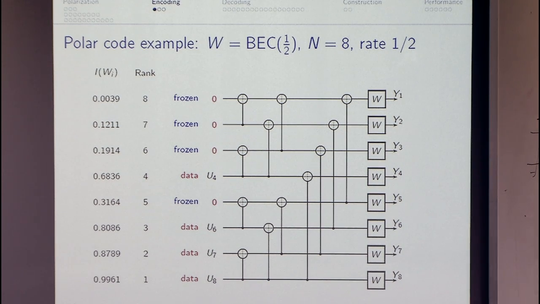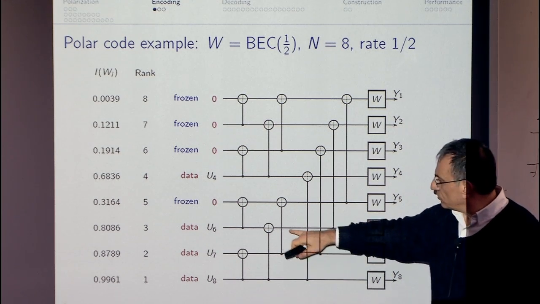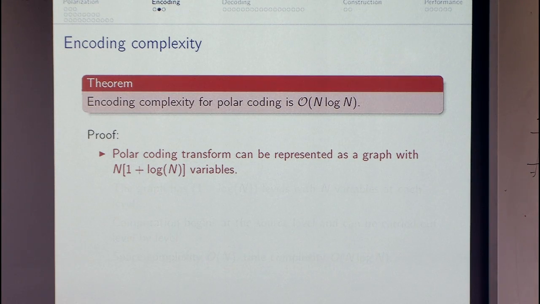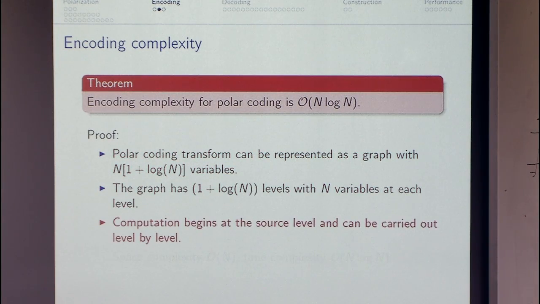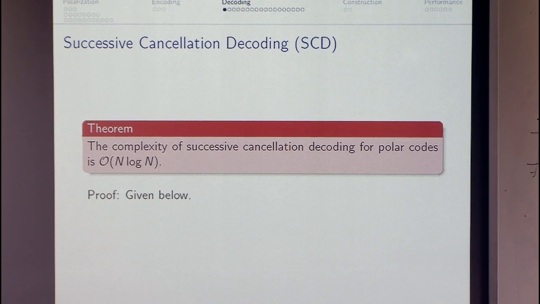For n very large, you cannot really do it in parallel. Not too practical. But if you do it sequentially, how many operations are you doing? You are doing n log n. So it's clear that the encoding complexity is n log n. This is basically like computing a Fourier transform using a fast Fourier transform method. So that's simple enough. Okay, here is the example. In 3 stages, we do the encoding.